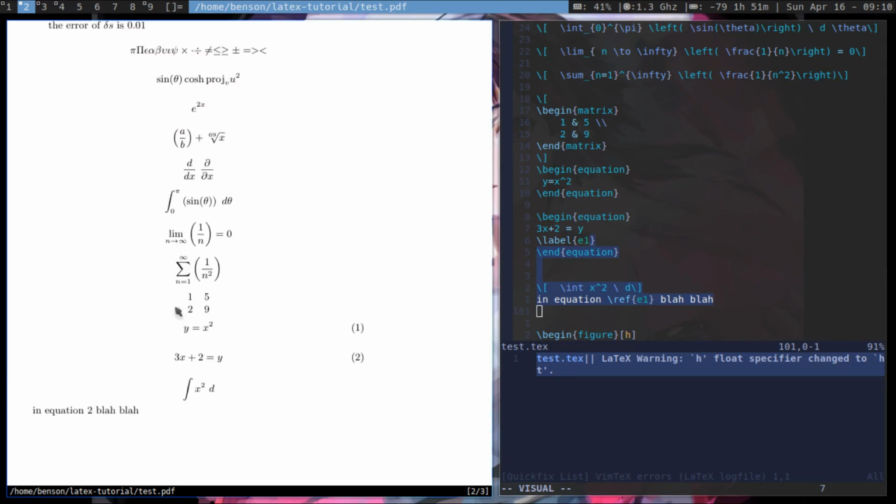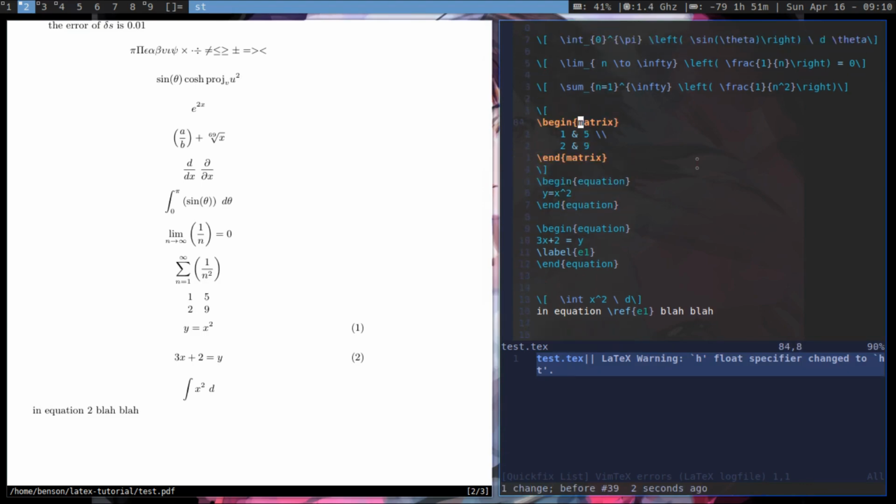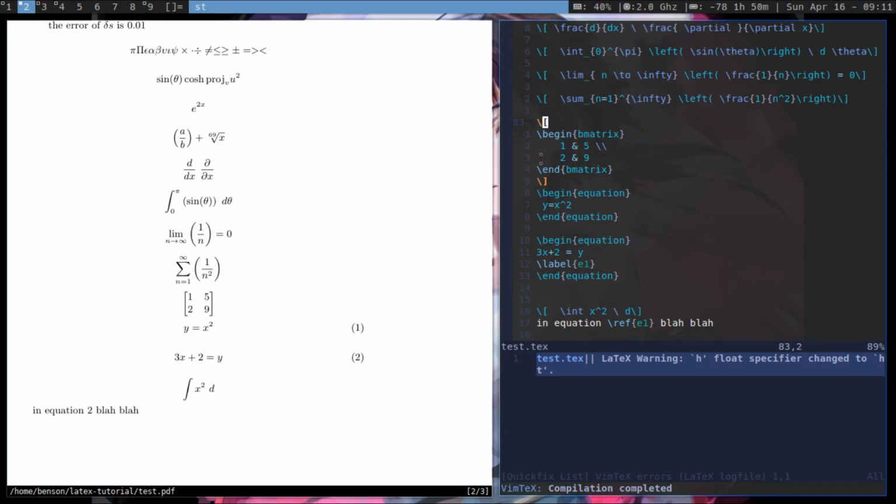Yeah, so there is our matrix right here, and that looks kind of out of the blue, right? It's just an array. There's no brackets next to it, so we can actually put bmatrix. Oh, whoops, that's the wrong one. It's up here. If we put bmatrix, this puts brackets around it, so it looks like a proper matrix, right? So if we, for example, want to find the determinant, we can say \text{det},